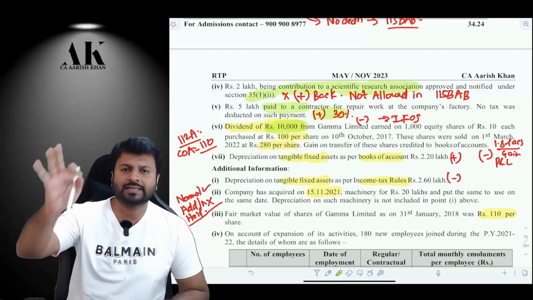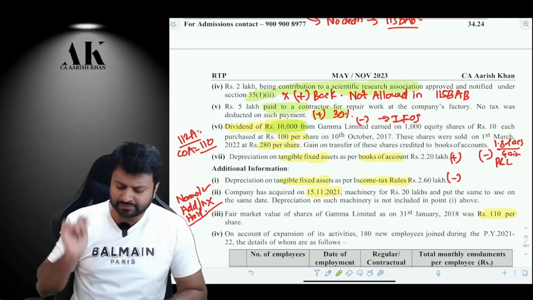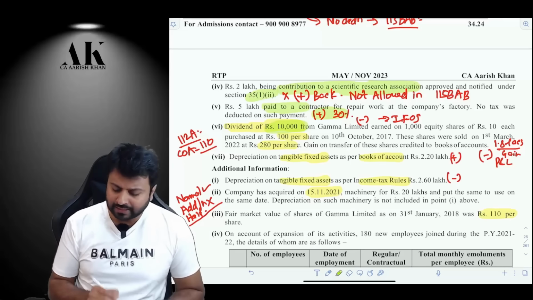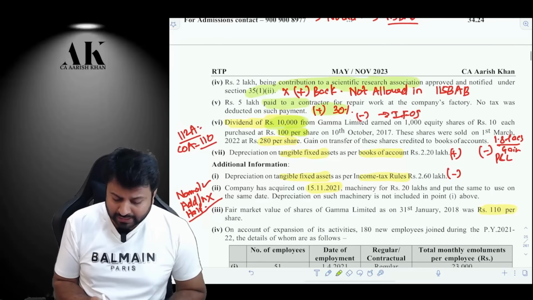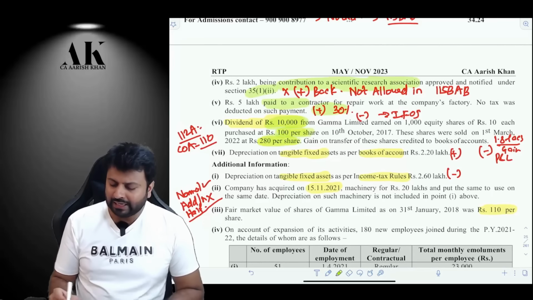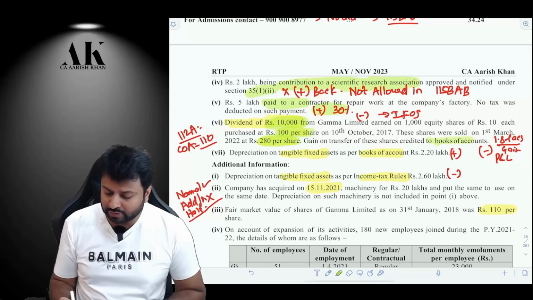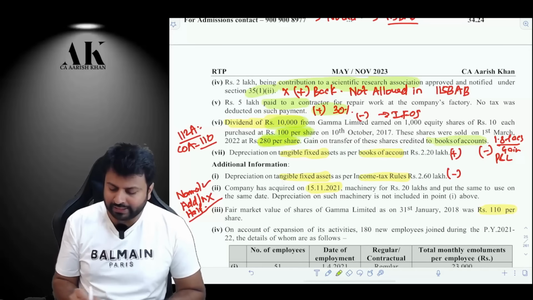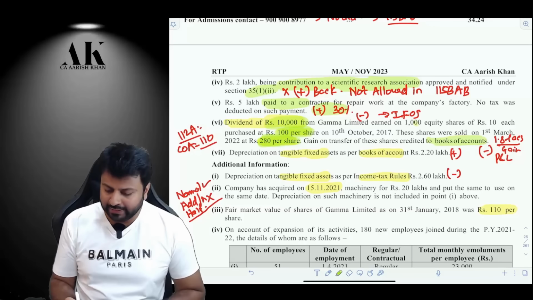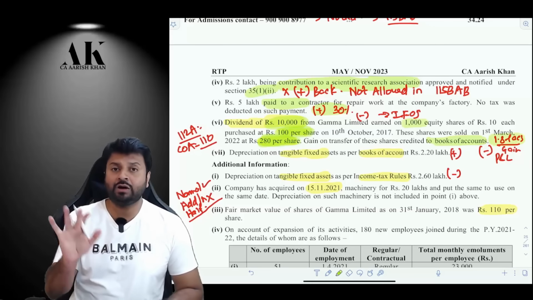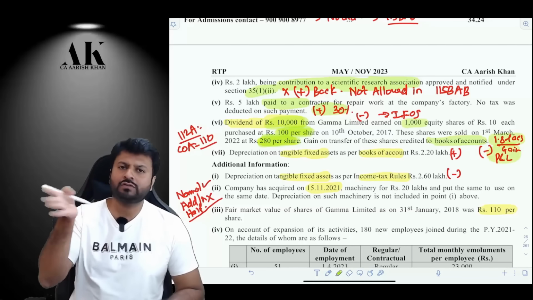The general income is taxed at 22% without any deductions. That will be subject to 22% tax. Next, you have purchased some shares of 100 rupees and then you sold for 280, and whatever profit came, you have credited that to the books of accounts. So 100 rupees shares sold for 280, therefore your profit is 180 rupees per share into 1000 shares, therefore your profit as per accounts is 1,80,000.